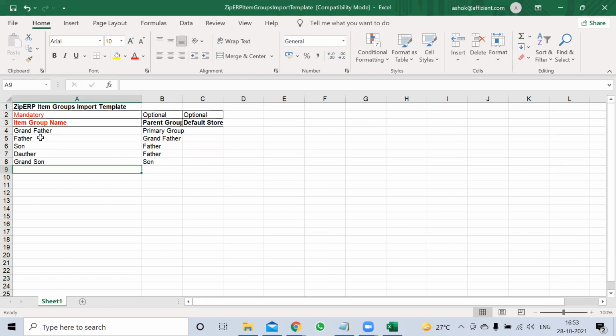So this sheet, if you remember, it will help you. First of all, any top parent group will normally be the primary group. Under this primary group, I can have as many parent groups as possible. So this sheet will help you for the long term. Like this, you can put all the groups first. First, this needs to be created. Right, sir? Please save this. I think it is under the download folder.